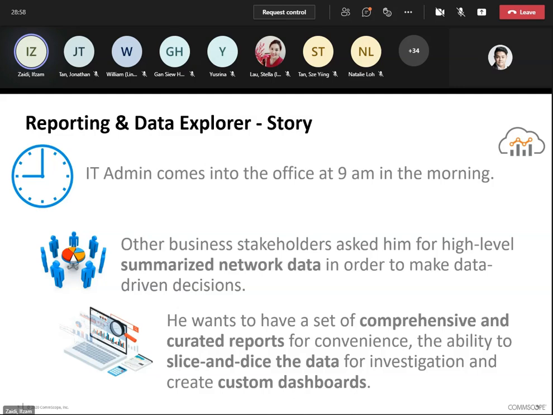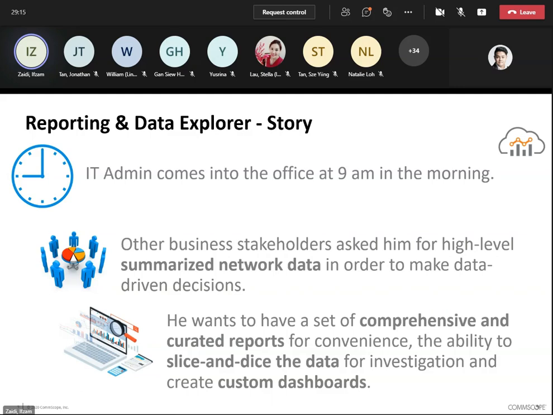So what if at the end of the day, other business stakeholders ask the IT admin for high-level summarized network data in order to make data-driven decisions? The IT admin usually doesn't have to bother if they are using Ruckus Analytics.